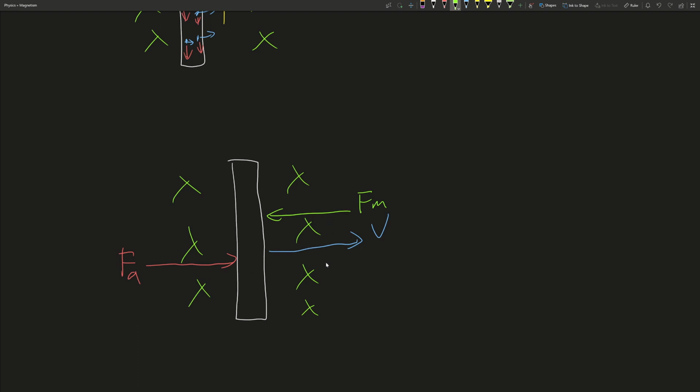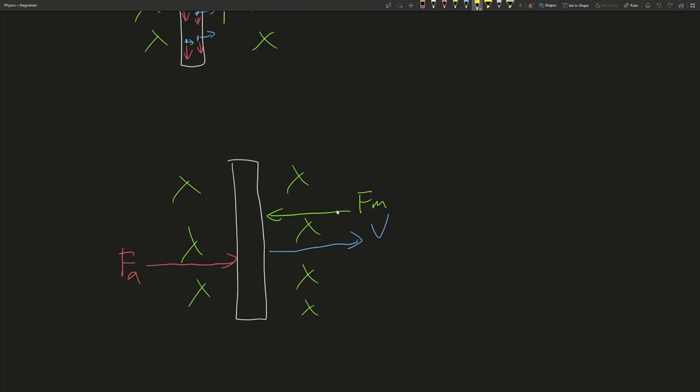Because again, to move this bar to the right, you have to apply a force to the right. But since it's moving at a constant velocity, the Lorentz force, so the force from the current through the bar from the magnetic field, is going to be counteracting the applied force in the opposite direction and in the same magnitude. And so if the force the bar produces is to the left, to counteract the applied force that you give it and makes it go at a constant